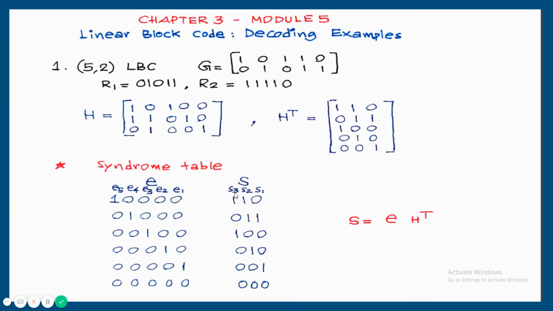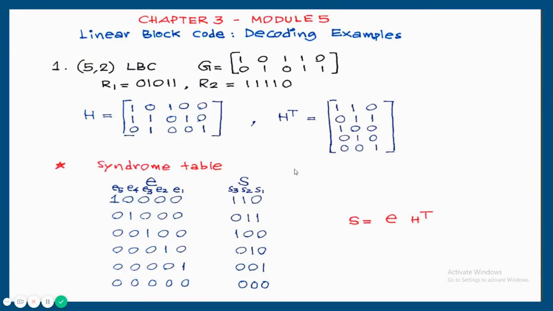Against each error pattern, now we want to calculate the syndrome. Calculation will be like this. S is equal to E into H transpose. So first E 10000 into H transpose. So we have studied previously the EH method. When you are multiplying these two, here the first bit is 1. So the answer will be the first row. That is written here 110. Next 01000 is multiplied with H transpose. Second bit is 1. So the answer will be the second row. Second row is 011. So similarly, the remaining answers can be written.